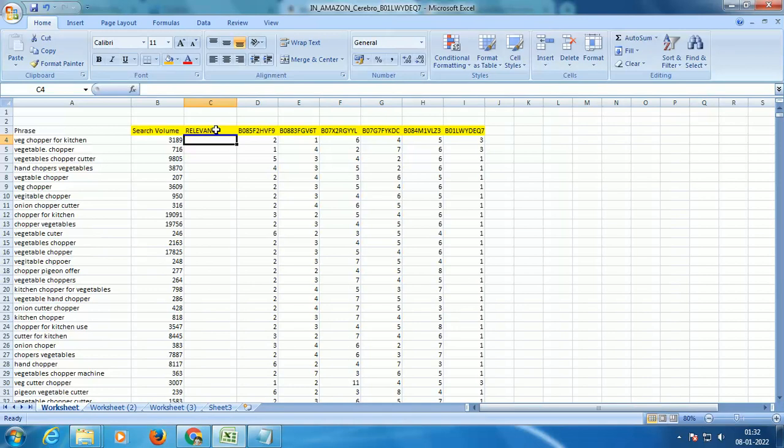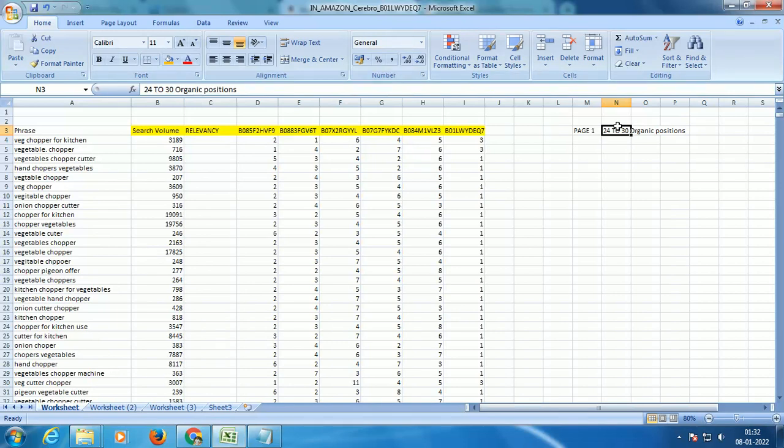Now what you're trying to understand here is, for this keyword, we know that on page 1 there are some 24 to 30 organic positions.